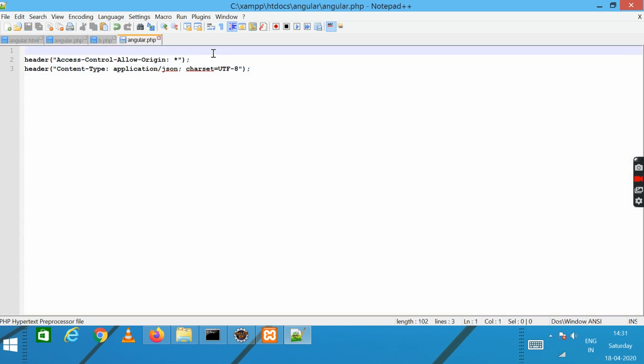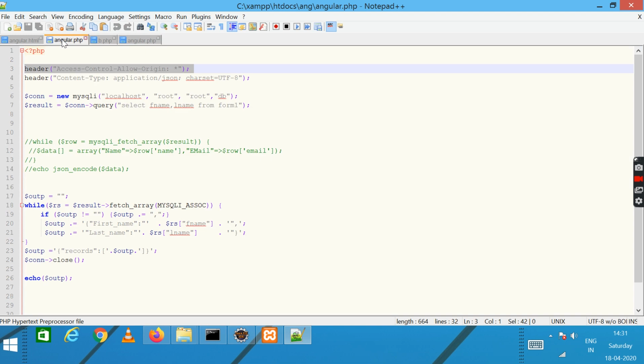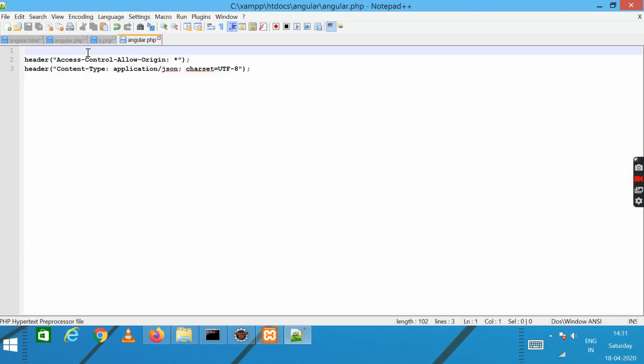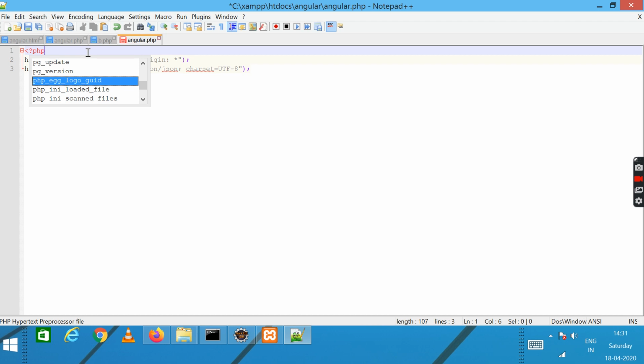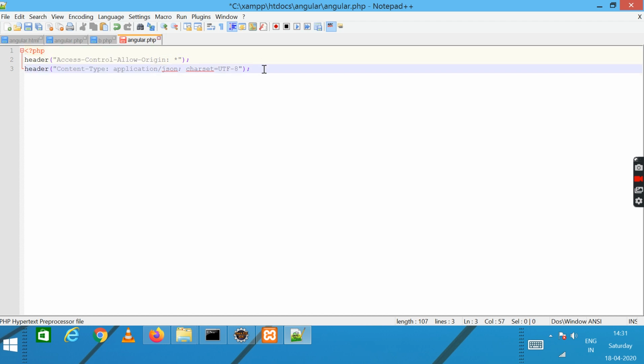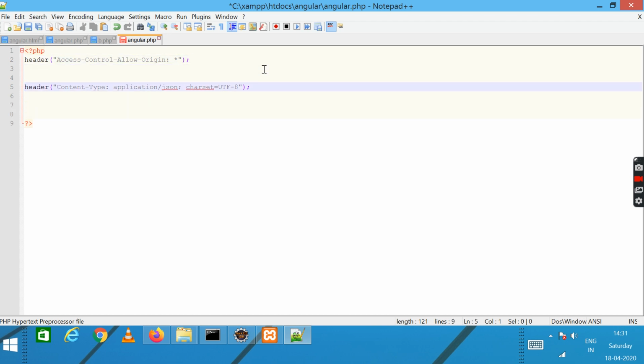Sorry, I forgot to write the tags. So question mark PHP, then question mark closing. So I'm writing the first header. This first header is header Access-Control-Allow-Origin in PHP.